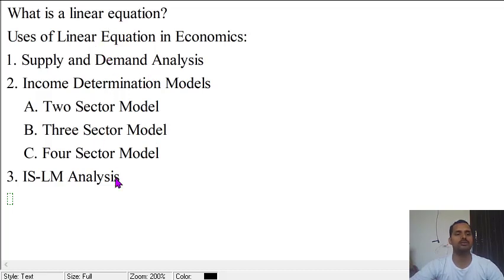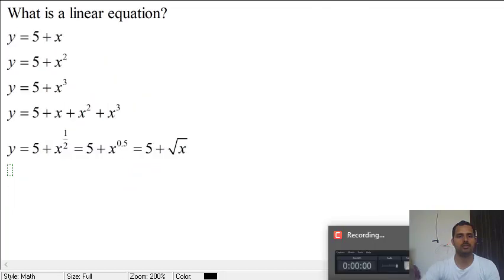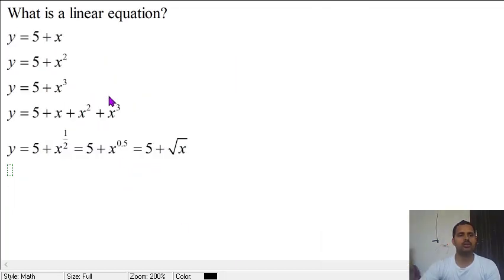I will try to keep this video short, and there will be a separate video on solved problems. Let us first try to understand what is a linear equation. So you can see this equation. This equation has variables, variable y and variable x, and every equation has two variables,